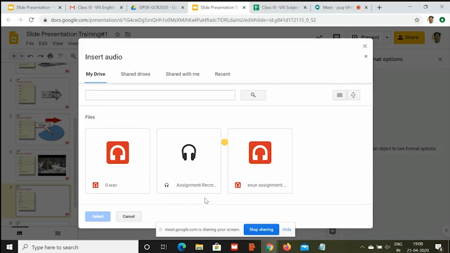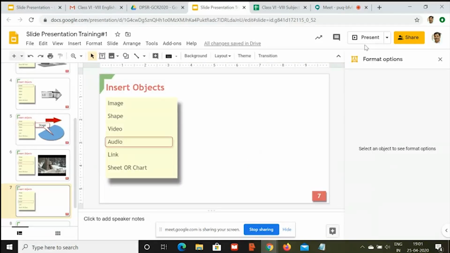It's just trying to load this audio. It is taking time, so I just skipped this. I hope you have understood how to insert an audio. I don't have any audio clip right now to play here. I'll add it later on.